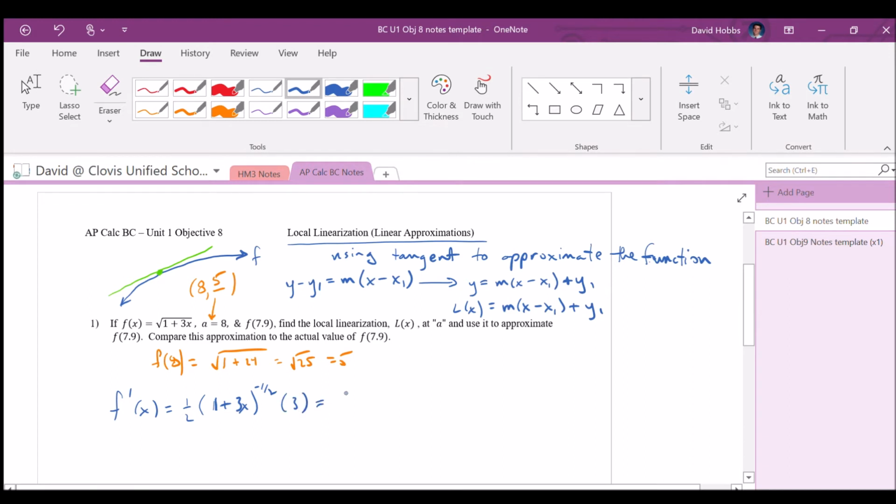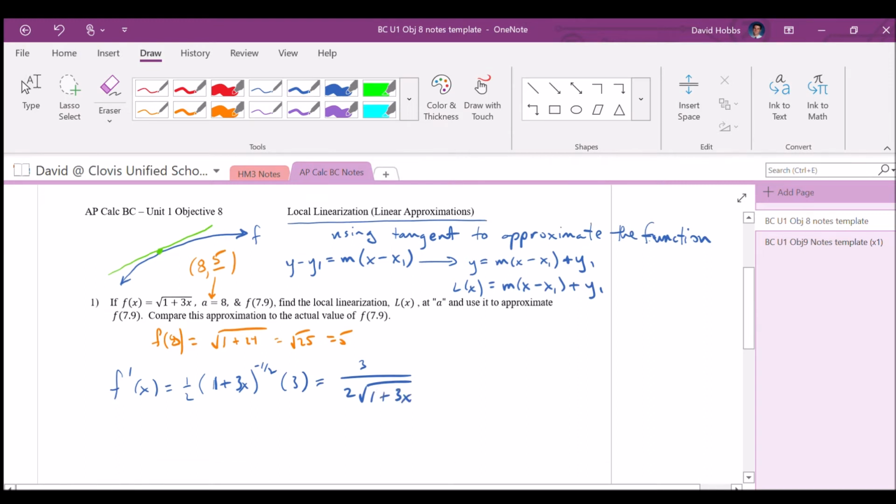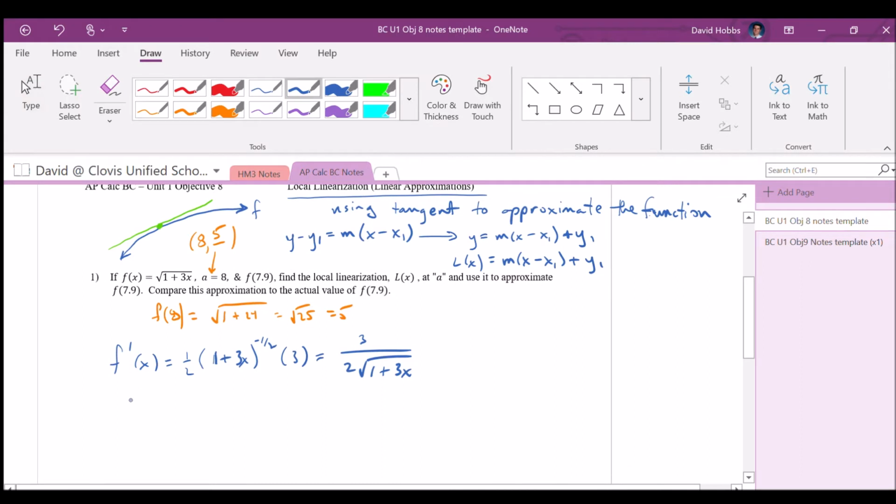Now this cleans up to be 3 over 2 square root 1 plus 3x. Okay, and so the slope of the tangent line at that point of tangency, f prime of 8, is 3 over 2 root, and we already did the square, so that's square root of 25 really, because 1 plus 3 times 8,